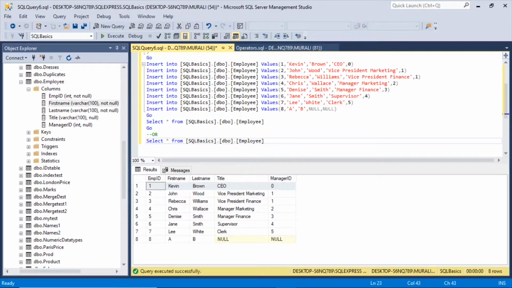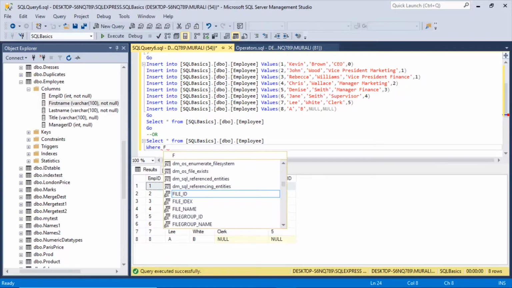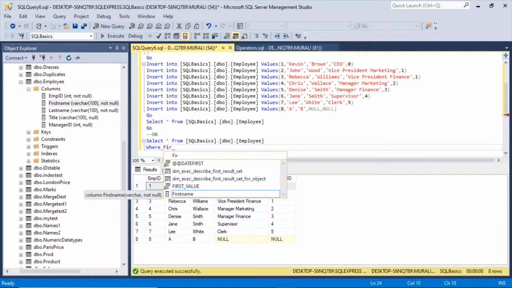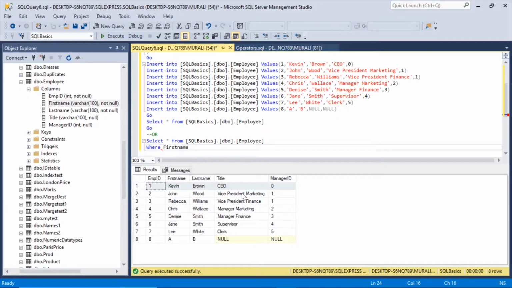So we need where filter by first name is equal to Chris, or last name will take Williams,